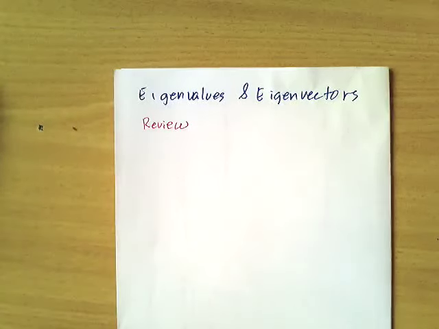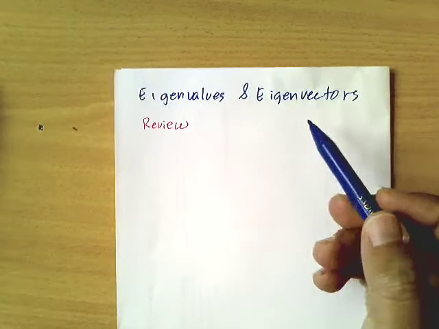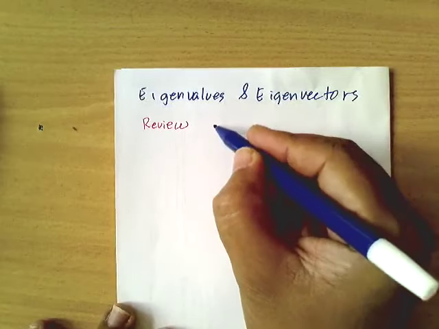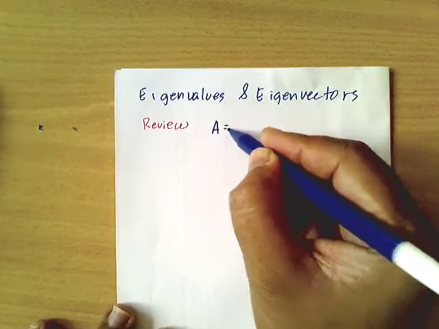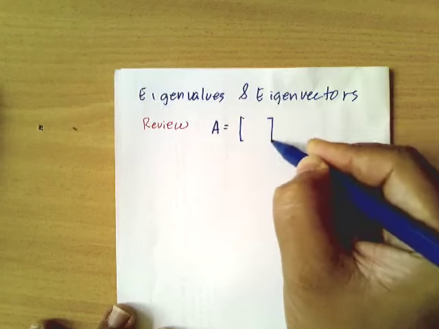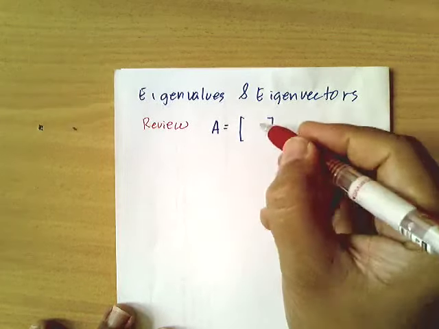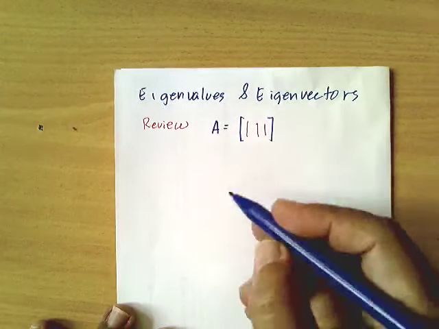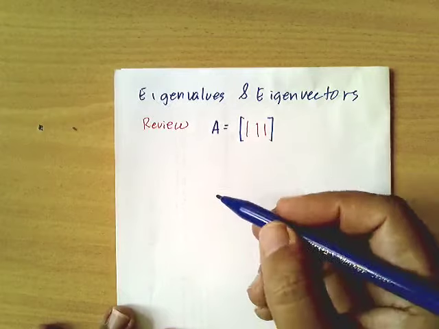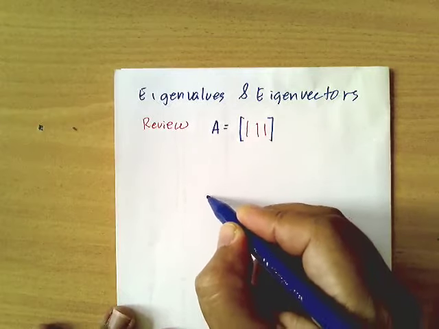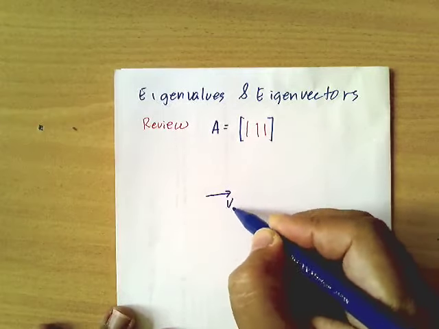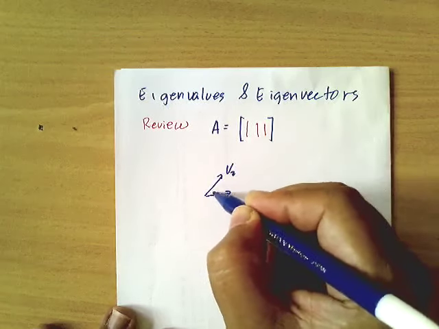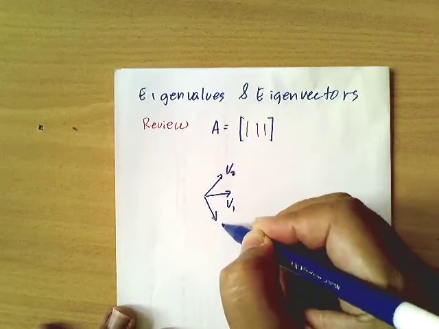Hello, in this video we're going to discuss eigenvalues and eigenvectors. As a review, we have learned that a matrix A consists of column vectors, for example like that. And in the introduction to linear spaces, we have learned that if these column vectors, let's say are V1, V2, and V3,